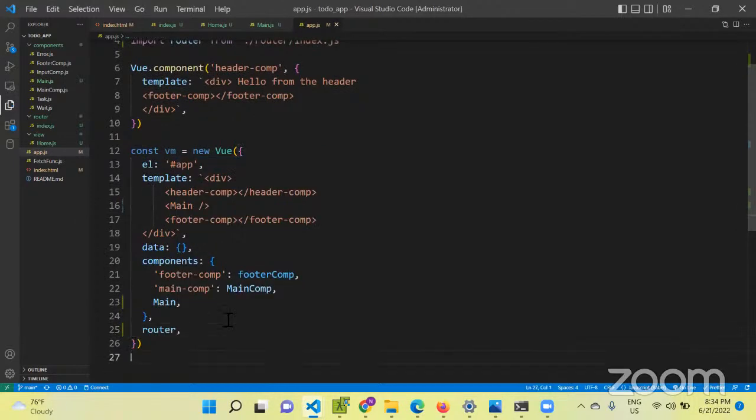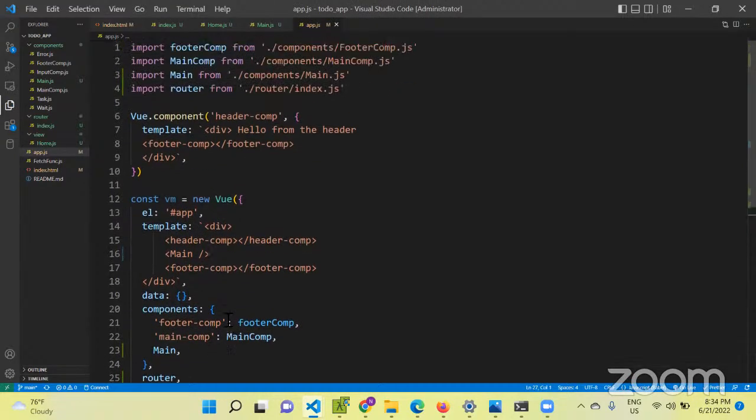Is there any question till now? So what I did, I will tell you all those components which we are going to use inside the router configuration. We will put all those components inside the view directory. We'll call it view,